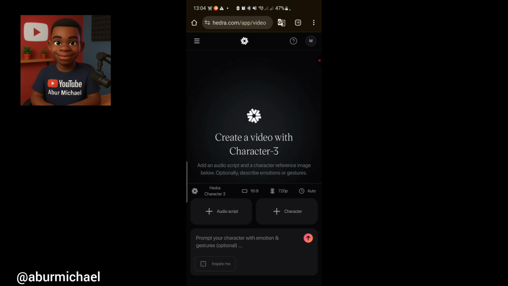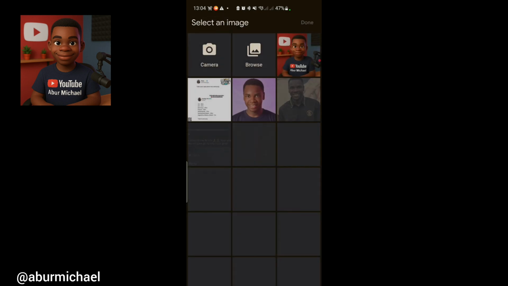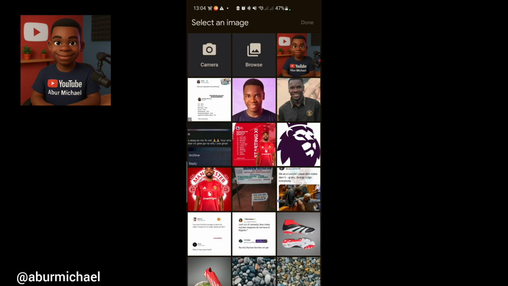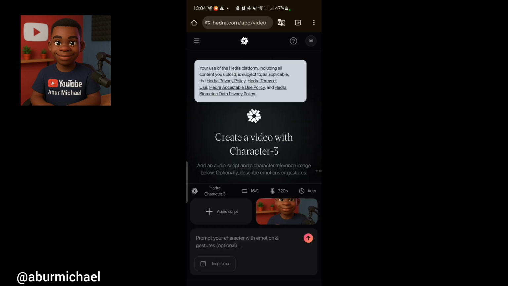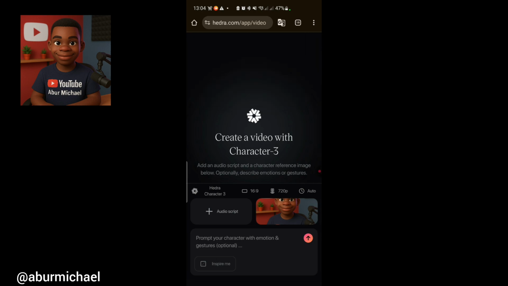And then we'll add our character here. You just have to locate the image we created. So you click on this plus icon here where the character is written, then upload image, and then we'll click here to upload. Alright, so